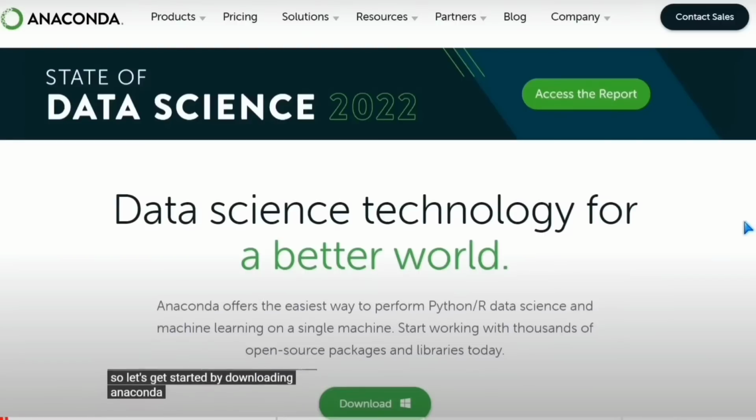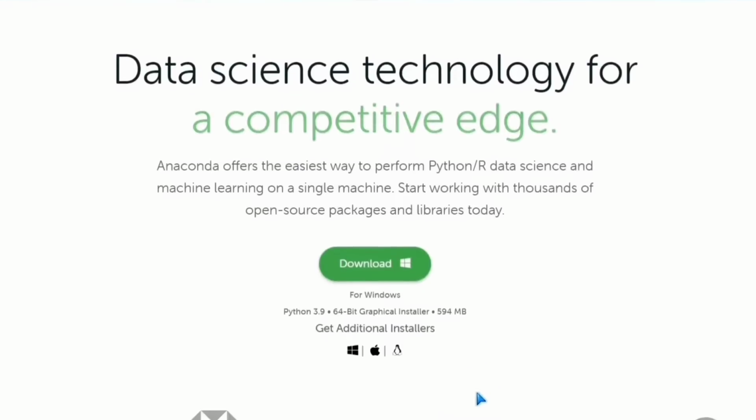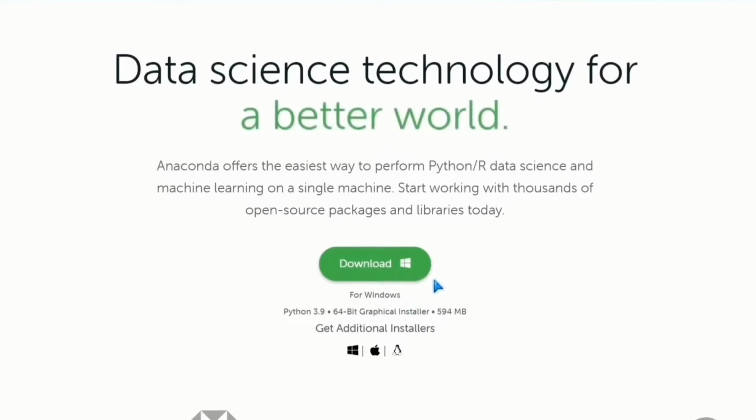And then we are welcomed with a screen like this. Now this is Anaconda, which is an open source distribution of Python. So as I said, within Anaconda is our Jupyter notebooks. So let's go right down here, and if I hit the download, it's going to download it for me because